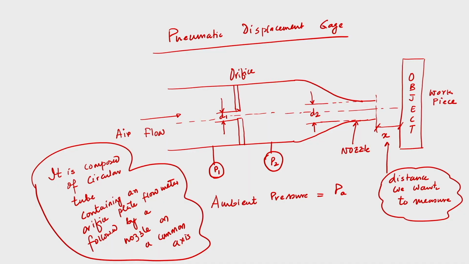Again, we need to know the flow rate through the orifice meter and the flow rate through the nozzle, and after calculating them, we need to do a few algebraic steps, and then we will see how we can relate x in terms of the measured value of pressure using the gauges. We will discuss this in detail, how we can relate x to the measured pressure, and that exercise we will do in the next class. Thank you very much.